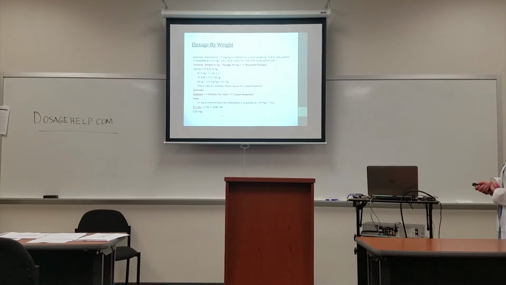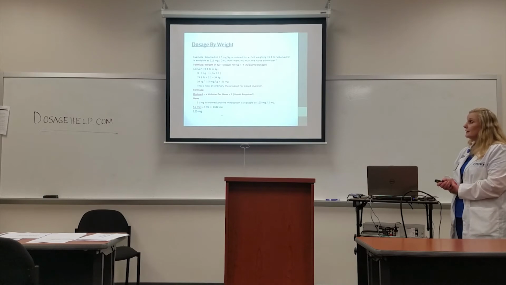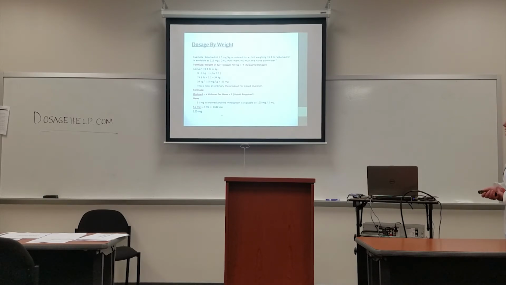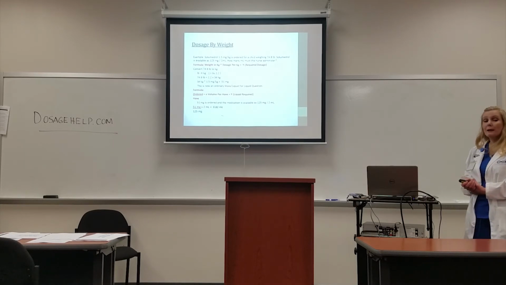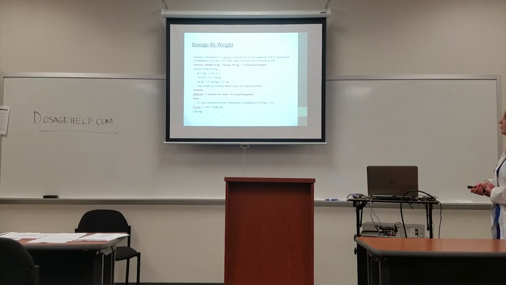Here I have it color-coded. 51 milligrams is what is ordered, that's what I need to give, divided by 125 milligrams, what I have, multiplied by my volume, which is 2 mLs, and then my answer is